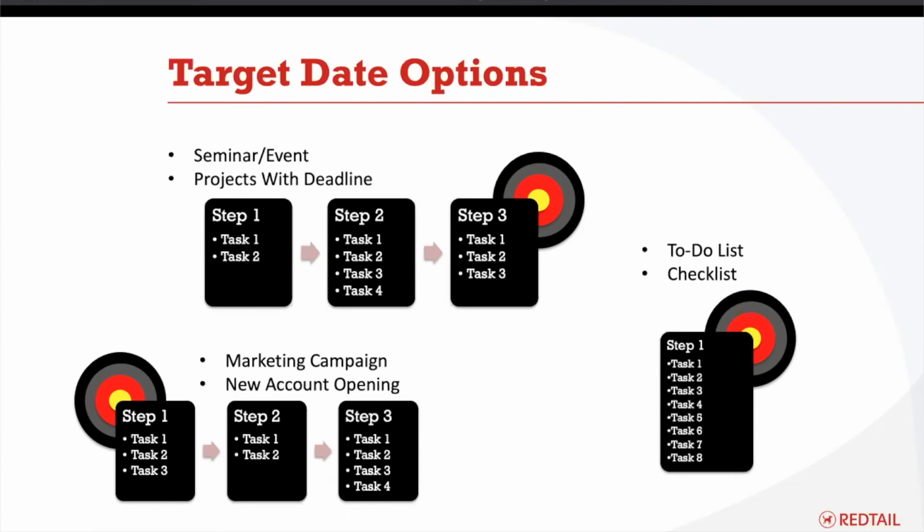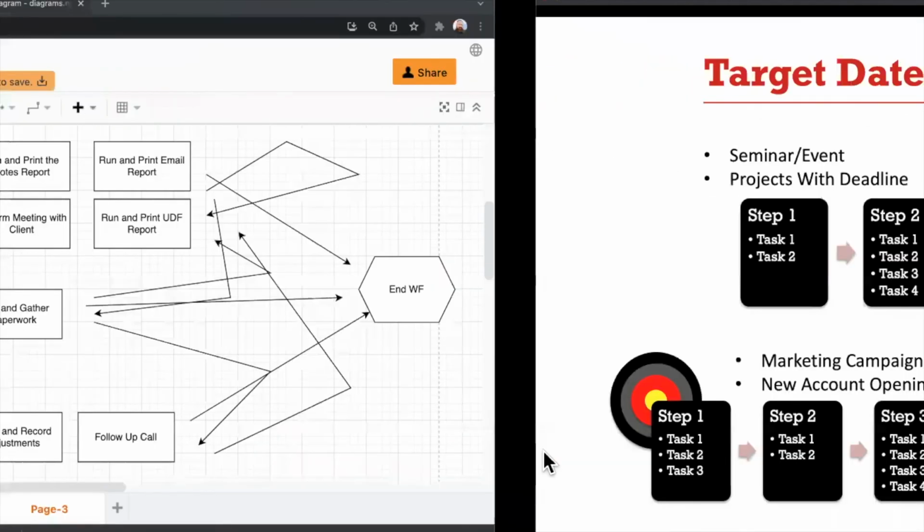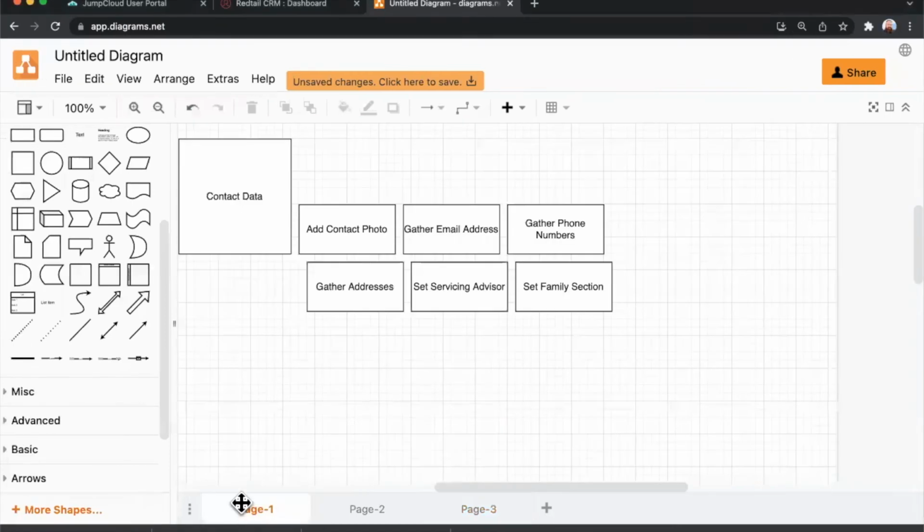So this is another important thing that you want to take into account after you build out your steps and your tasks and your outcomes. Think of where that target date is. What does it actually look like? How can I set it up for my process? And so this is another thing you can go back and do. Say, hey, I need to come in here, and on the step level, I'm going to